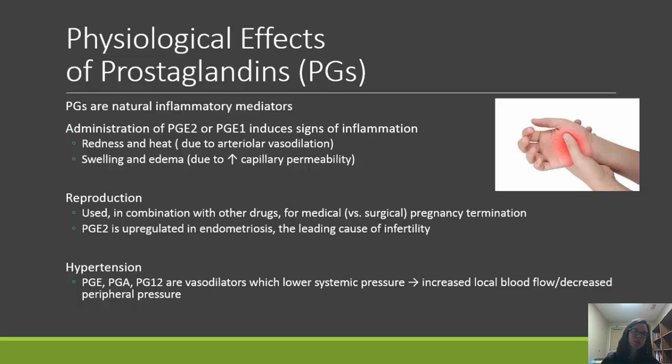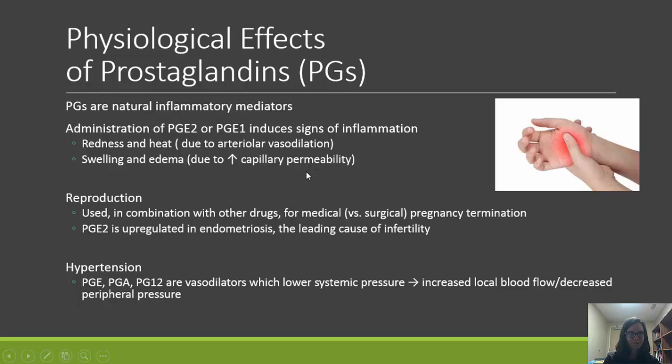So in research studies, when we administer these specific prostaglandins, these prostaglandins E, they induce signs of inflammation. So they cause redness and heat and swelling and edema. And so the redness and heat is due to vasodilation, and the swelling and edema is due to increased capillary